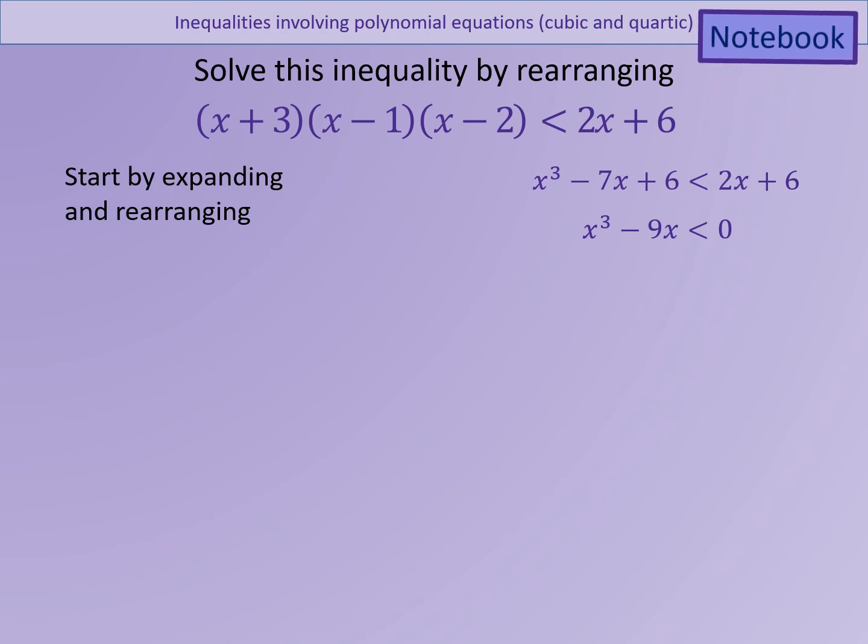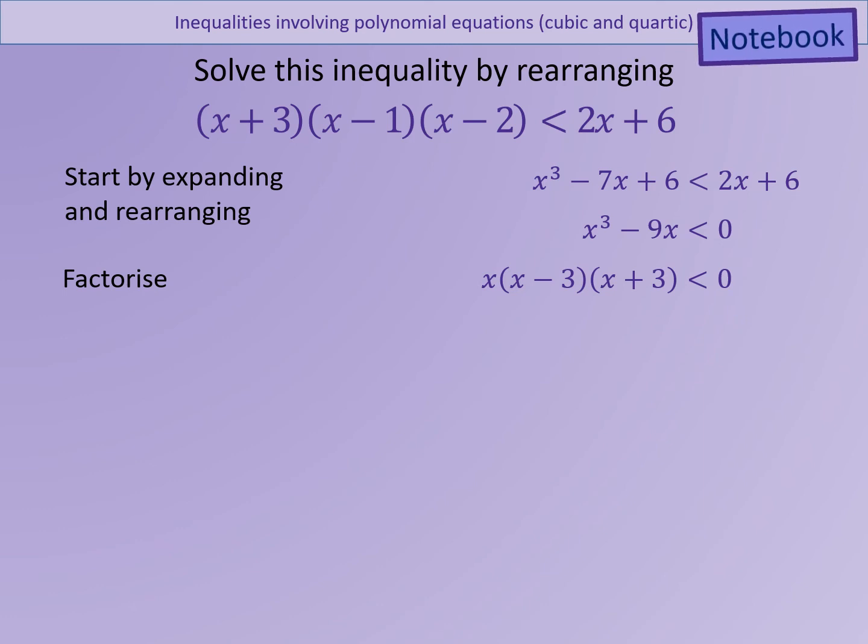So we can actually factorise that left-hand side quite easily. However, if the left-hand side wouldn't factorise easily, we could use the cubic solver on the calculator, and that would find the critical values for us that way. But because x is a factor of both terms, we can factorise out the x. And then we're left with x squared minus 9, which gives us a difference of 2 squares,